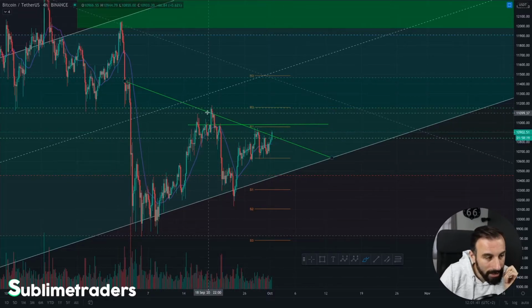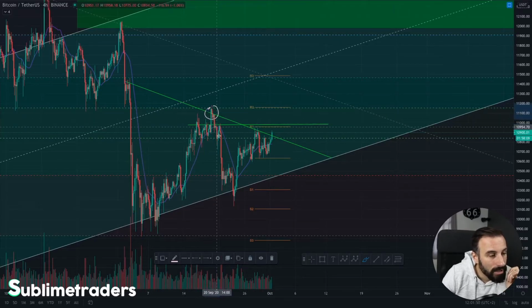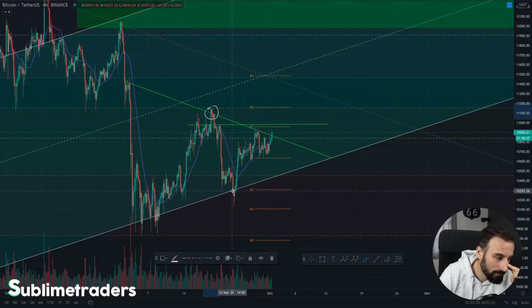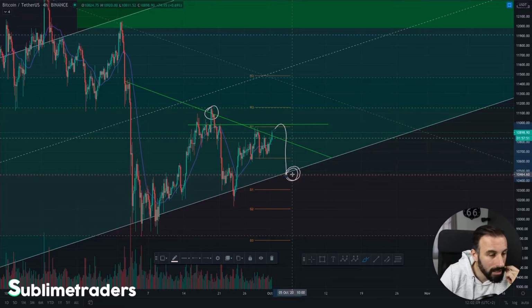And as you can see, this has happened before right here. We tried to break it and we hit resistance at this level, and we then dropped 7.5% to the bottom of the channel. This can happen again because once again we have a resistance and we have the trend line. So we might be doing this as a price action, and this level, in my opinion, would be a very good buy opportunity. So I would prefer to wait for the price to go back here and re-enter long, or